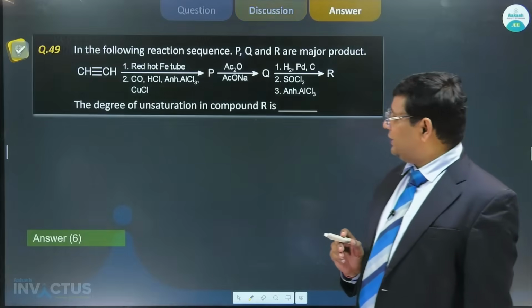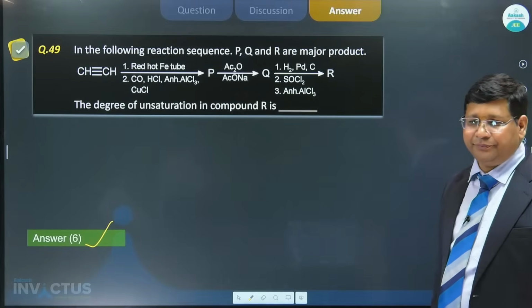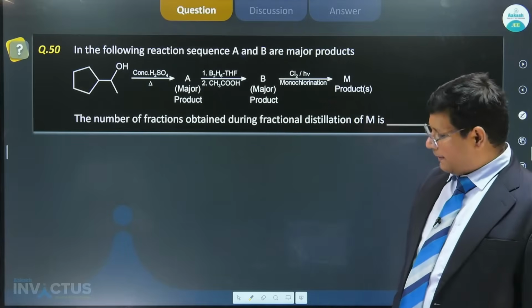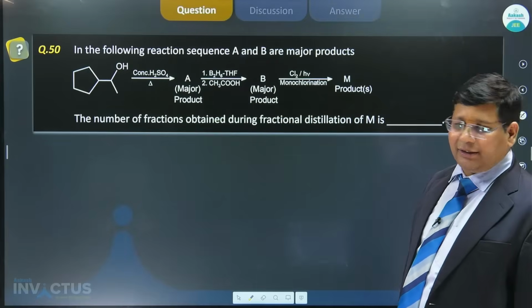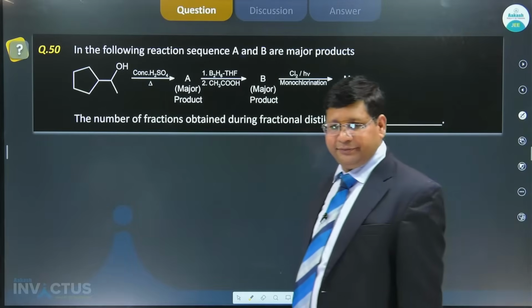तो next one, let's check the answer of this. This is 6 and it is the correct answer. तो क्वेश्चन नंबर 49 में हमारा आंसर ठीक आ गया, और क्वेश्चन 50 अब चेक कर लेते हैं एक बार।